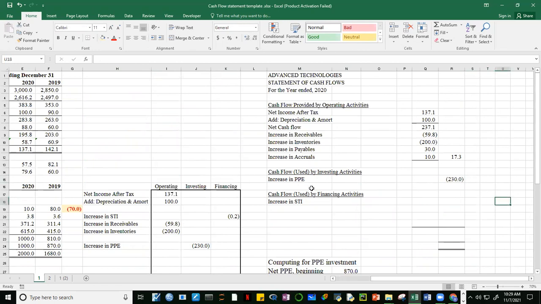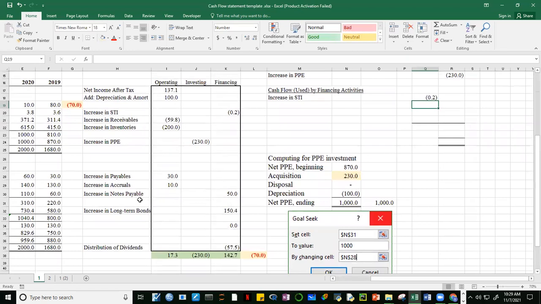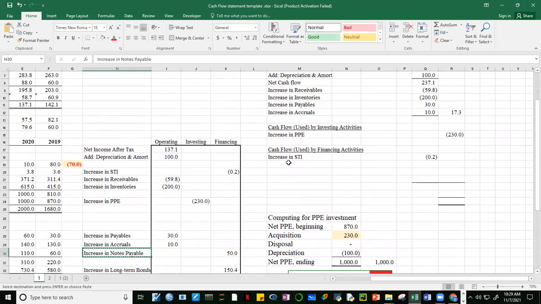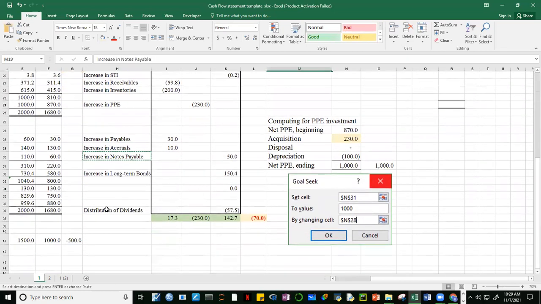So this is net cash flow used by investing activities, all right? And then for financing, we have the increase in short-term investments. So we link that here, okay? And then this one, increase in notes payable, Control C, Control V. And then this one also,